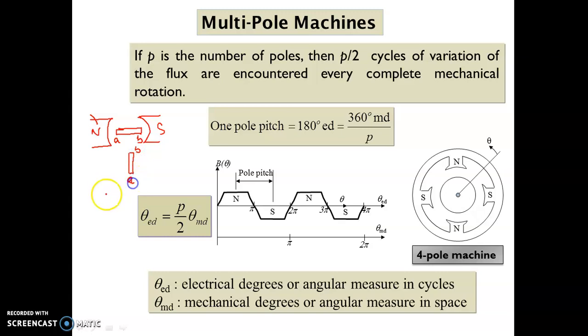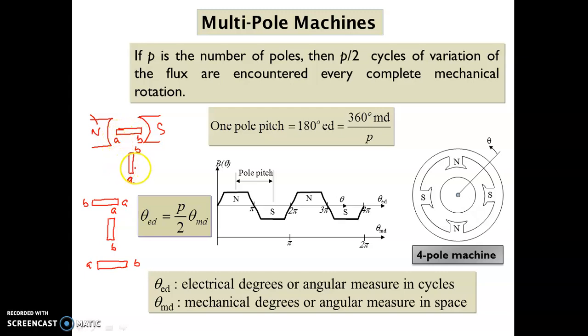Once again it is rotated by another 90 degree, the position will be A here and B here. If you rotate again 90 degree, A will be here, B here. If you rotate again 90 degree, then what will happen? Its original position will be achieved. A and B will be like this. So this is your conductor placed parallel to the north and south pole. At this time there is no flux cutting through this, so induced EMF will be 0.